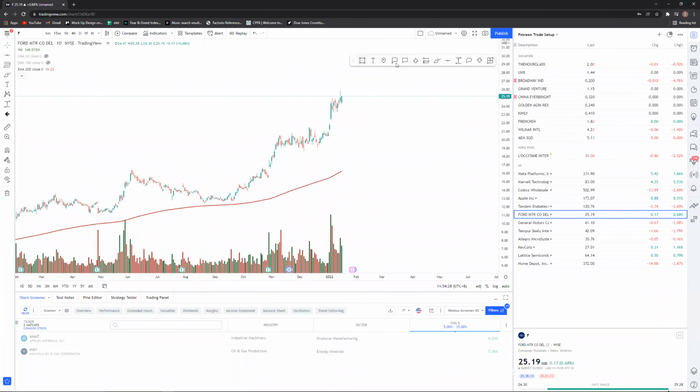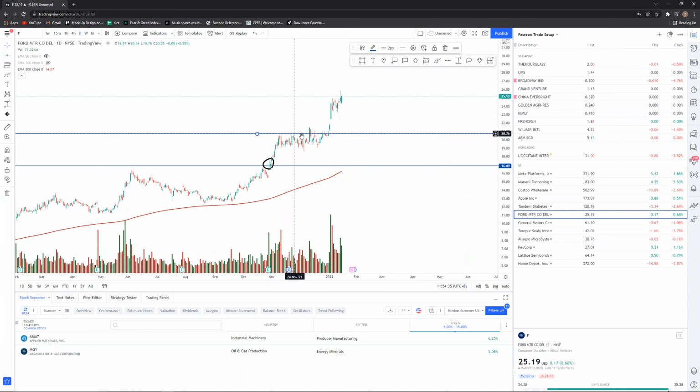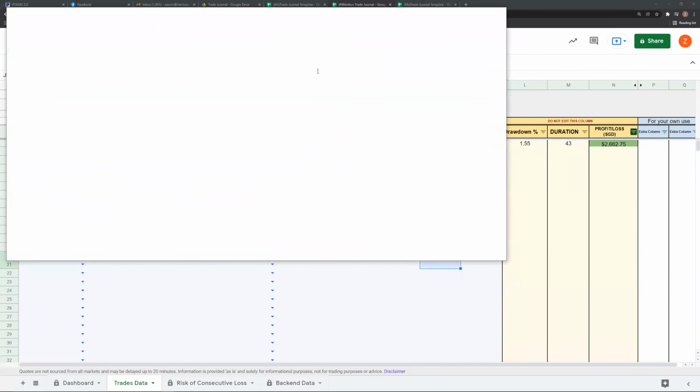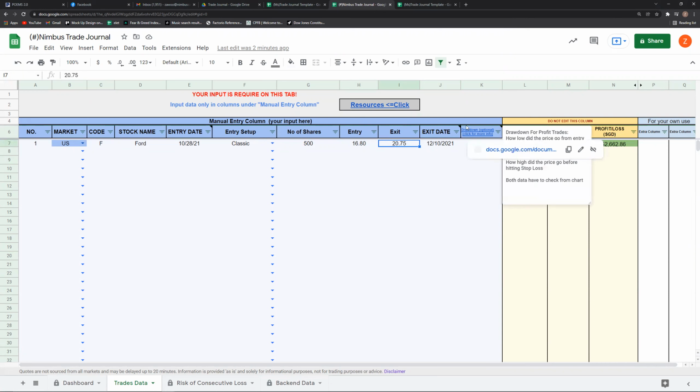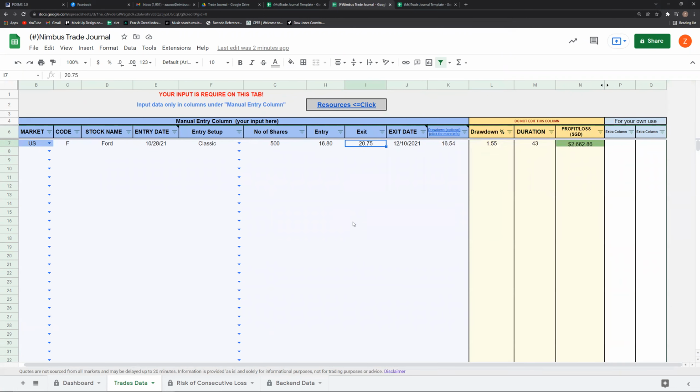Let's say I entered somewhere here at this candle, and then let's say my TP is somewhere here on this candle. Okay, so I just input the data for, let's say, I bought 500 shares, entry at 16.8. Then when the price finally reached my TP, 20.75, I will of course have to exit. So when you exit, since this is your first position, you are supposed to exit